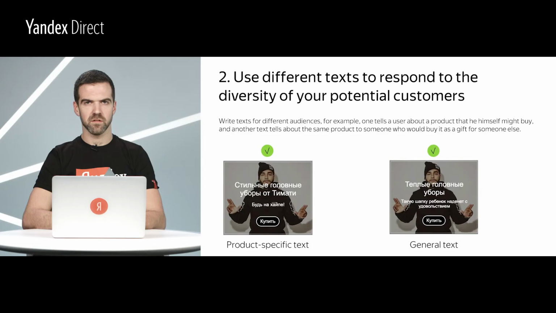Adapt your ad texts for different audiences. You can use the same creative with different texts to target different audiences. Once you segment your audience, you should write separate ad texts for each of them and set bids for them. Once you have launched your campaign with these varying segments, you should also assess each segment's performance. On this slide, we can see two ads based on the same creative. On the left, the ad text aims to attract users to the specific brand, whereas the text on the right aims at a broader audience.